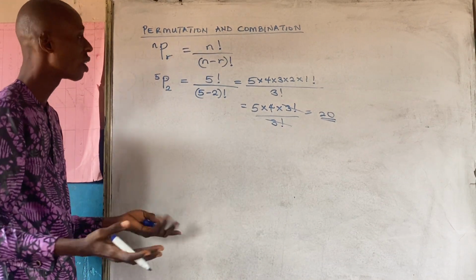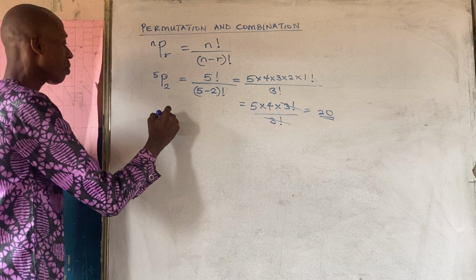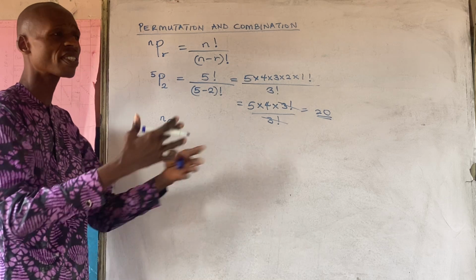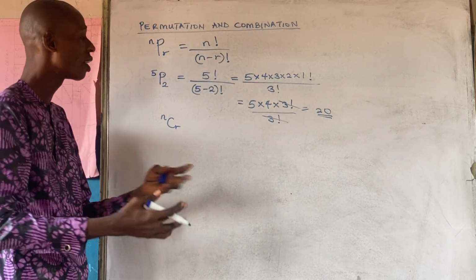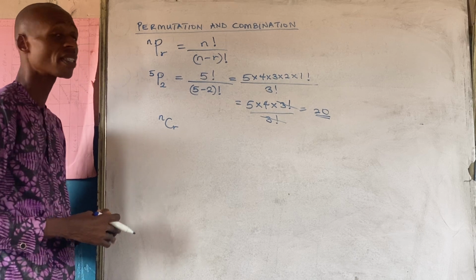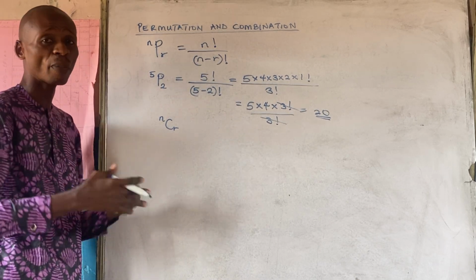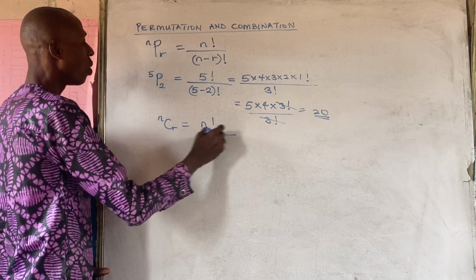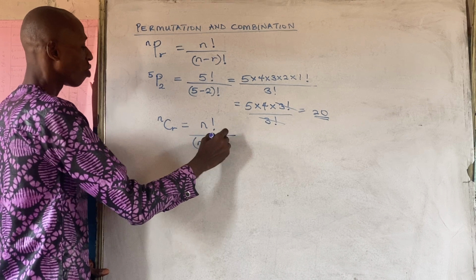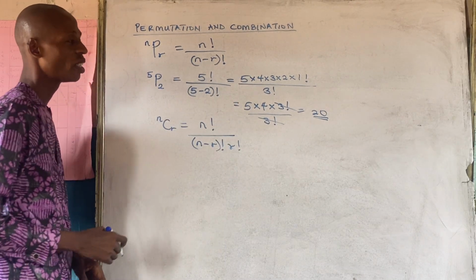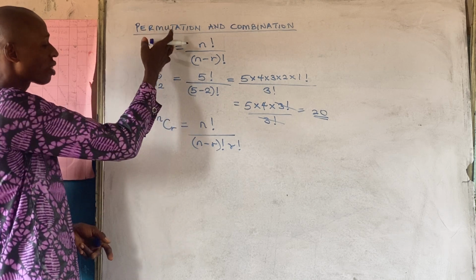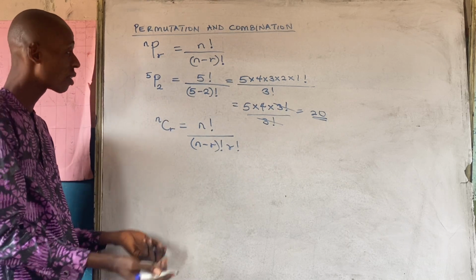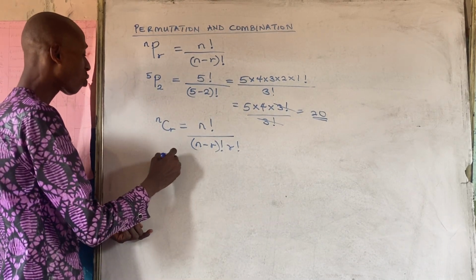Simple permutation works. Now I go to combination. N combination R. When we talk about combination, we talk about selection. How do we select certain things? In how many ways can this be selected? And all of that. When you come across such questions in maths, in how many ways can this be selected, we're talking about combination. So N combination R, the formula is N factorial all over N minus R factorial, R factorial. The only difference it has from permutation in the formula is the addition of another R factorial. Alright? So, for example, if I have 5 combination 2,